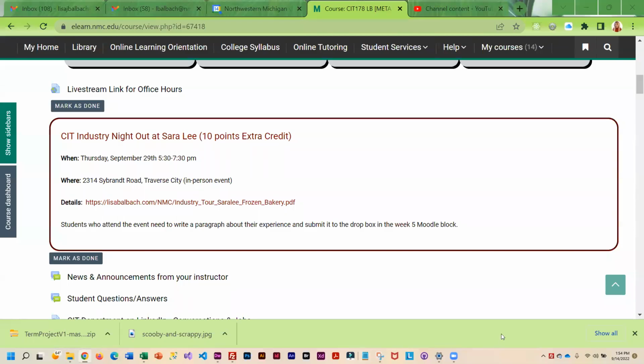This week, we are going to be getting into data types, and we're also going to get into database design. But before we take a look at that, I just want to point out that we do have an industry